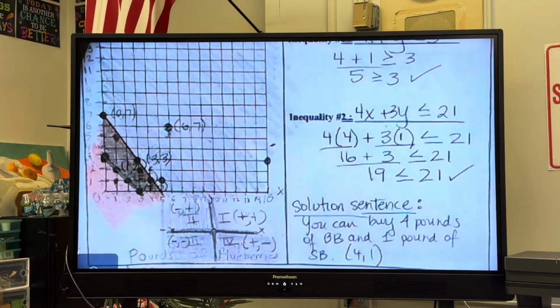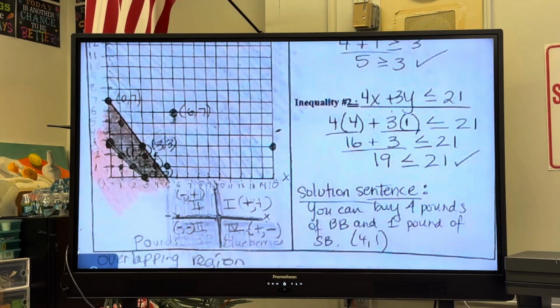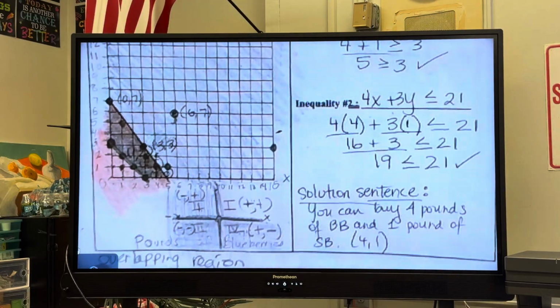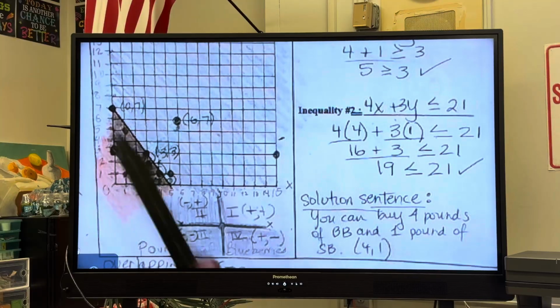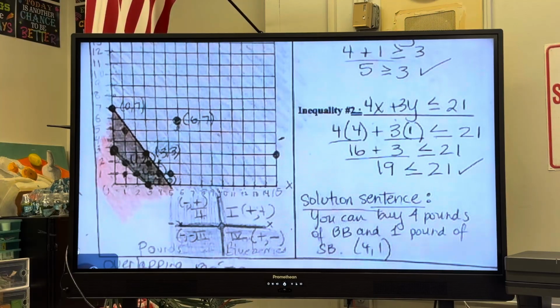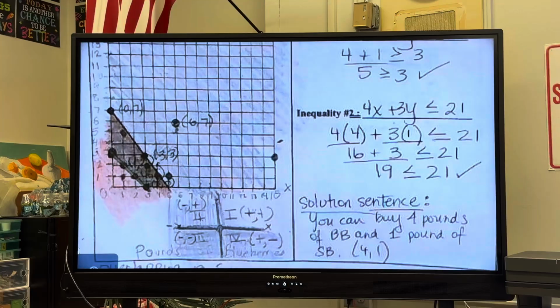Now, you find an ordered pair, just one, other than the one that we got here. You find any other ordered pair that's in our solution region, and you write me a solution sentence for it. Find me a point in our solution region and write me a solution for it. A solution sentence. You can buy